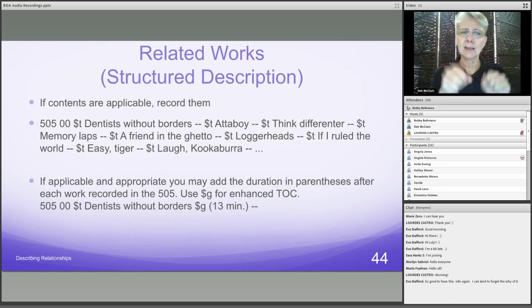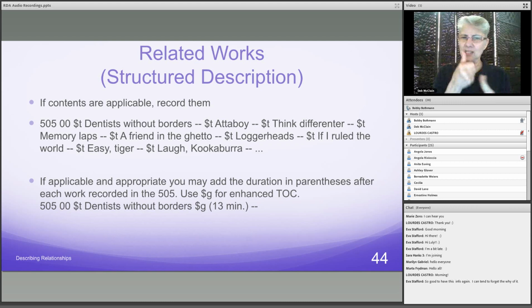So here's an example of this for David Sedaris, one of his books. Each one is a story, right, or an essay. When that happens, you may have a table of contents, and so go ahead and record those. In this case, each chapter is a work in its own right, which is why we've got them in a